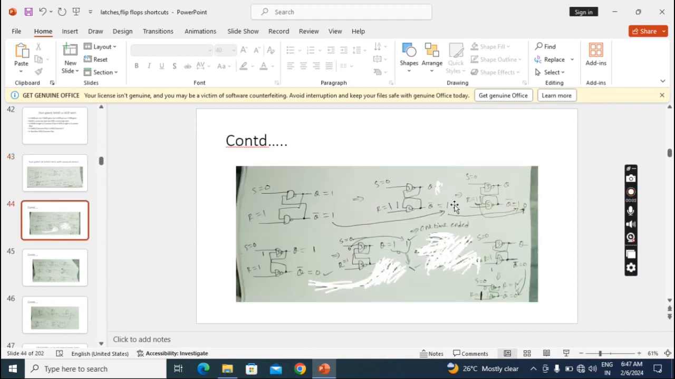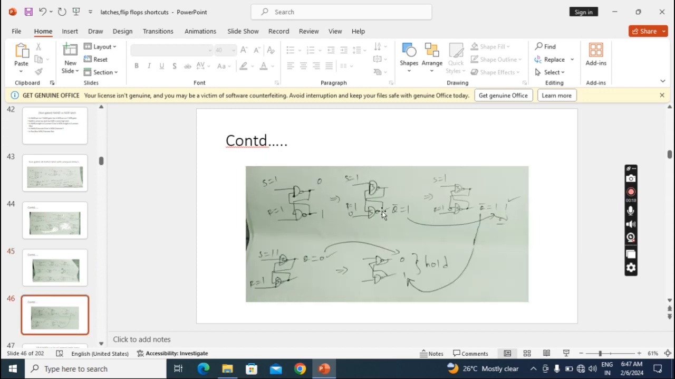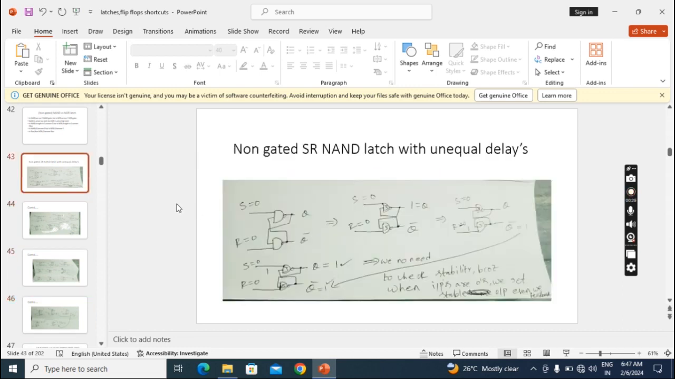Now we'll see the third combination, S1 R0. Here I am getting Q0 Q bar 1 output. When I check for stability also, I am getting the same. It is also like without delays. Okay. Now the last combination, with 1 1 I am getting hold. So all these combinations I checked with unequal delays by assuming the upper gate is faster than the below gate, and